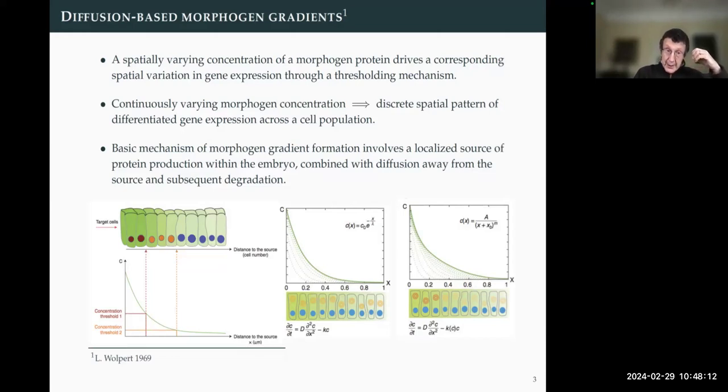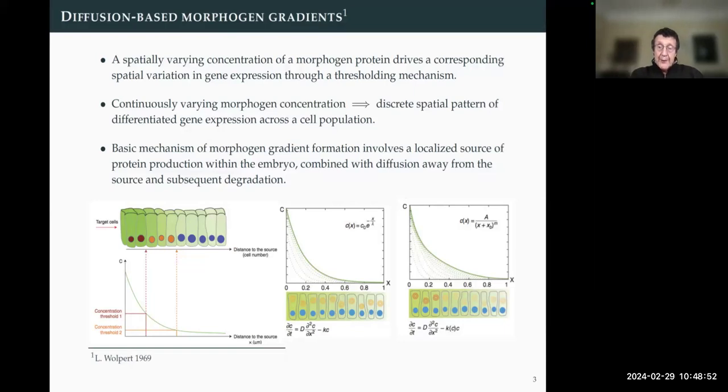The idea is that this concentration gradient is thresholded so that depending on the value, one sort of gene or another is switched on or off, and that leads to cell differentiation that's correlated with body position. This has been studied greatly, both experimentally and mathematically. From a modeling perspective, one's interested in how robust things are, and the time it takes, because if it takes the lifetime of the universe to form a concentration gradient, it's not going to be a good model of the system. That's where qualitative modeling comes in, because you at least want things to be consistent with length and time scales of the systems you're trying to model.